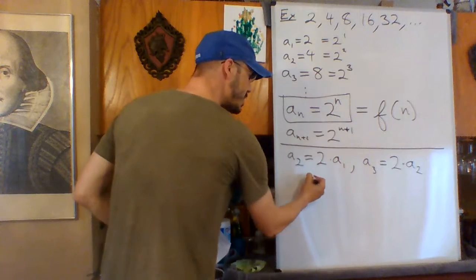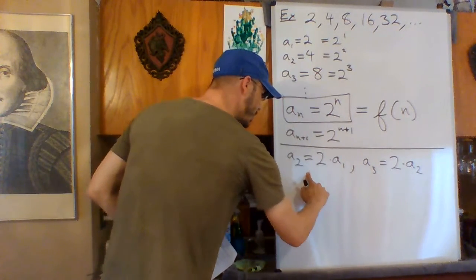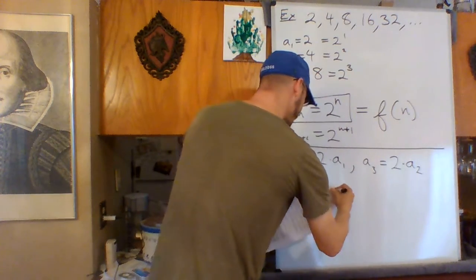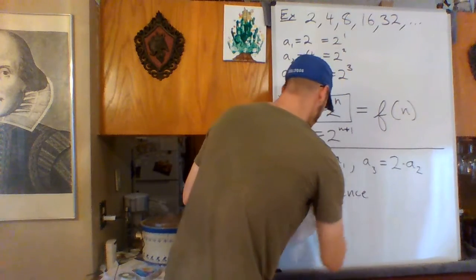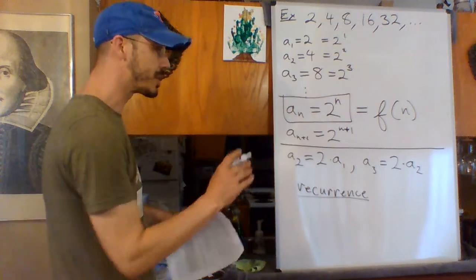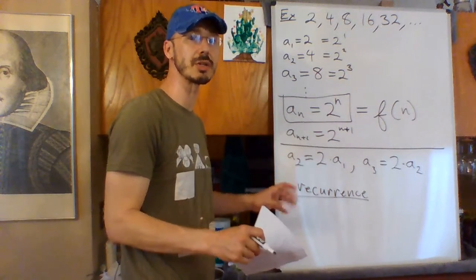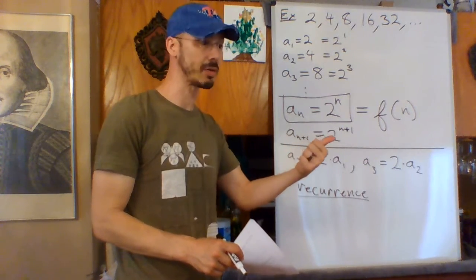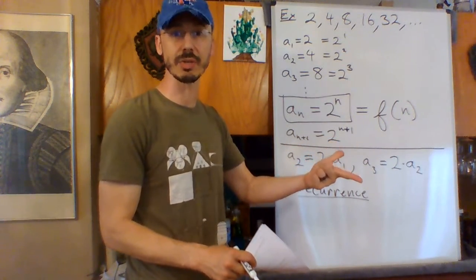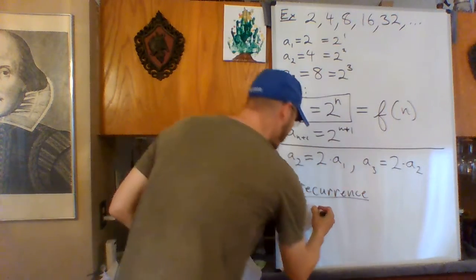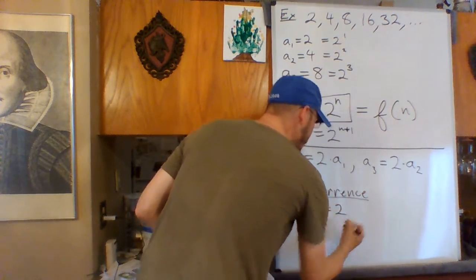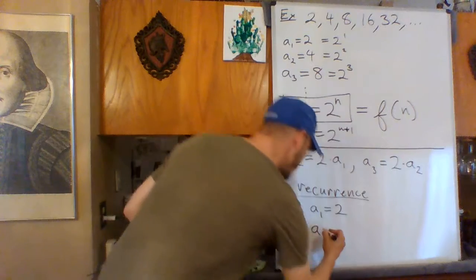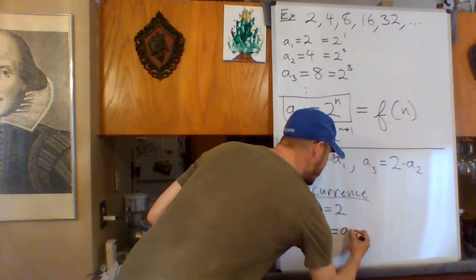And in general, this pattern is called the recurrence. And it actually consists of two things. And we've seen this in differential equations where we have an initial condition and a differential equation. The initial condition tells you where the thing starts. The differential equation tells you how it changes. Same thing here. The first term tells you where it starts, and the recurrence relation,